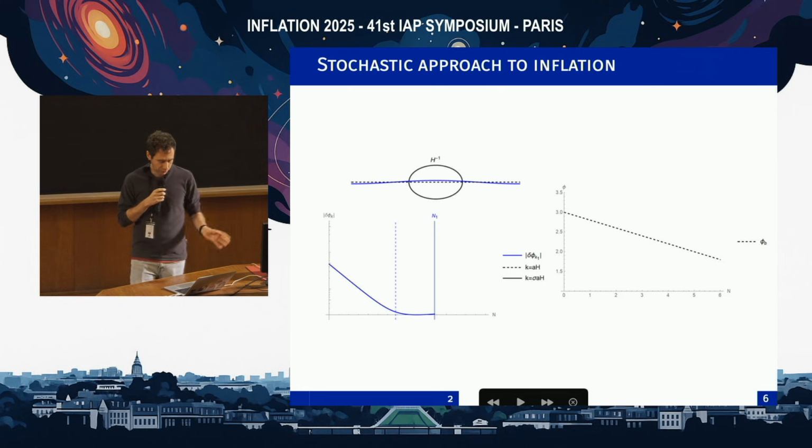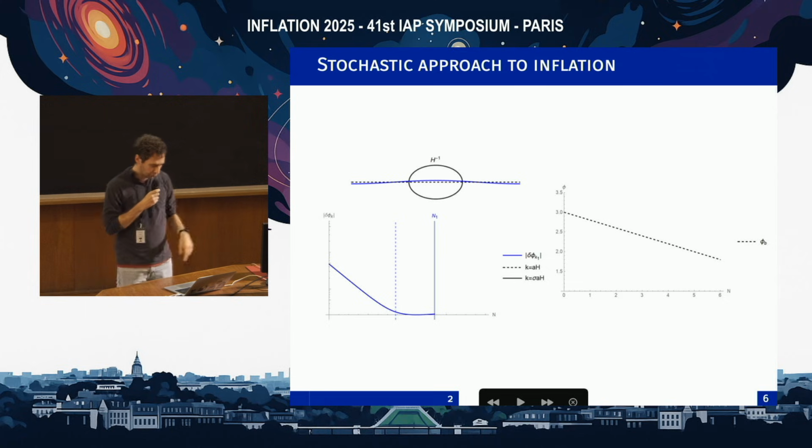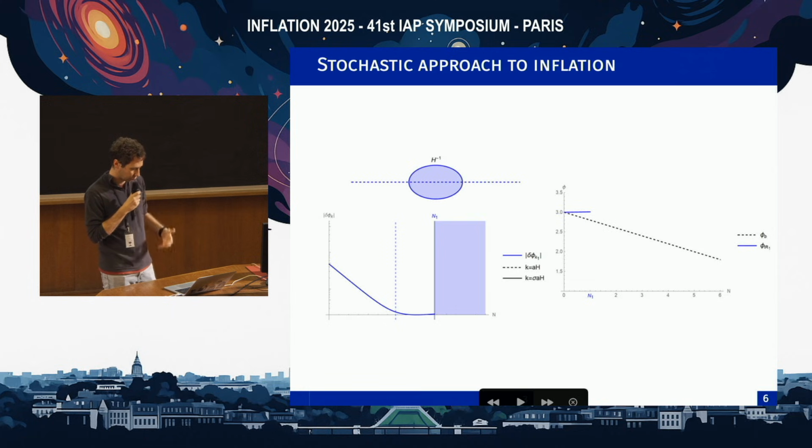And at this moment is when we will be able to start using the separate universe approach, okay? And this wavelength that evolved until some scale, which I call the coarse-grained scale, defined by sigma, when the small scale fluctuation reaches this wavelength, it will define a new background, okay? And this background will evolve following the separate universe approach.